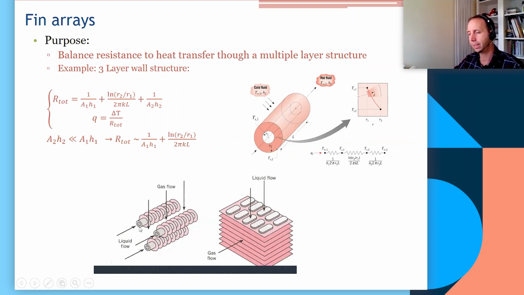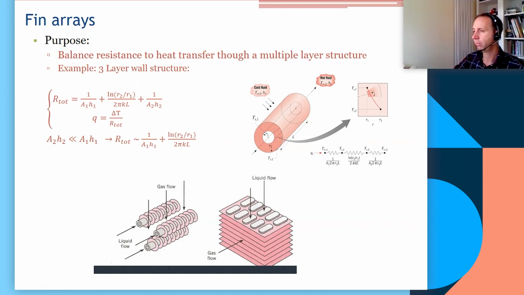So we extend the surface in order to balance that. And why is that necessary? If you go back to this multi-layer wall, why is it multi-layer? Because you've got a resistance to heat transfer by convection, resistance to heat transfer by conduction inside the wall, and by convection on the other side. So if you're representing the process of heat transfer by convection, conduction, and convection on the inside, you end up with 3 different layers with different resistance due to the different processes